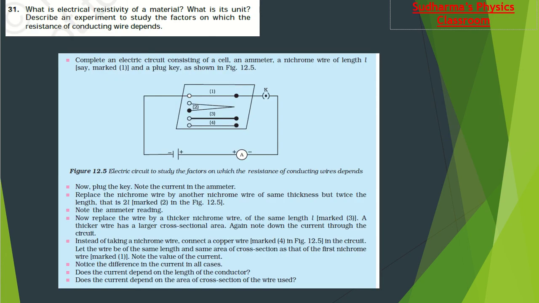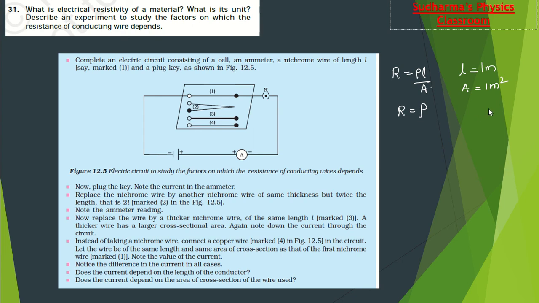Next question. What is the electrical resistivity of a material? What is its unit? Describe an experiment to study the factors on which the resistance of a conducting wire depends. We have resistance R equal to rho L divided by A, right? So if L is equal to 1 meter and the area of cross section is equal to 1 meter square, then the resistance and resistivity will be numerically equal. Resistivity is the characteristic of a material, and it is numerically equal to the resistance of a conductor of unit length and unit